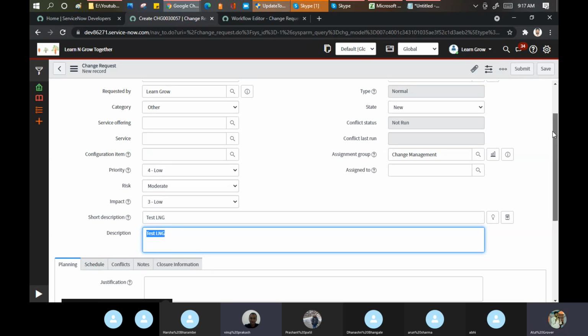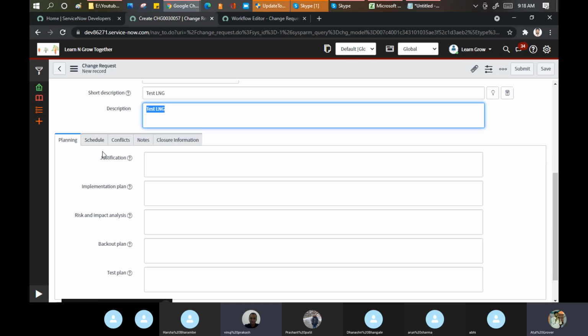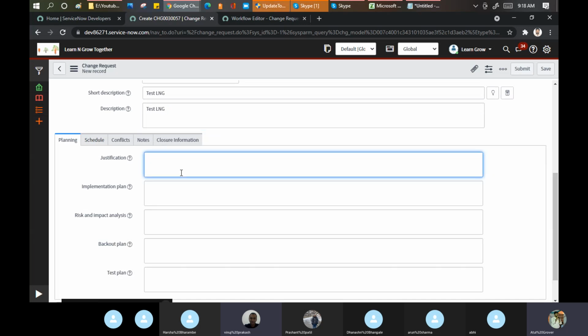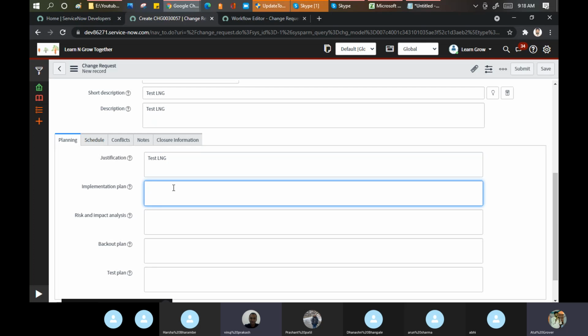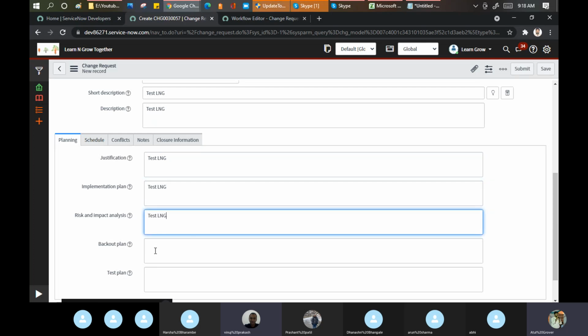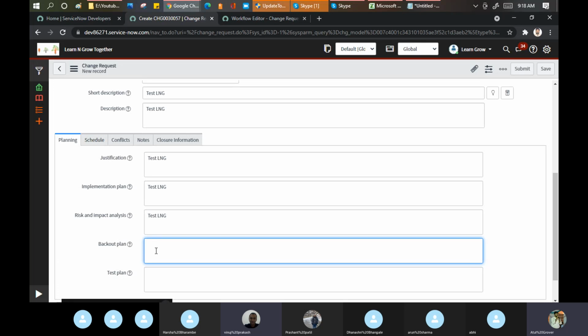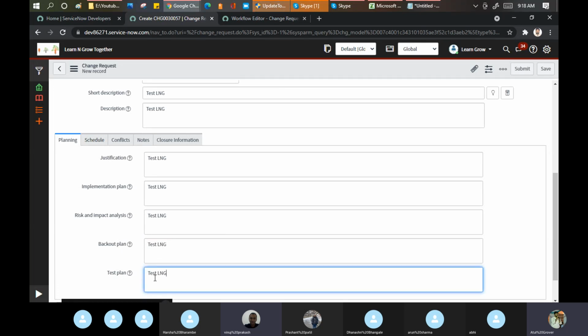You remember the bike example: these things Tanvi needs to define to tell her parents why she needs a bike fix, how it will be taken care of by the vendor, what the risk and impact are, what the backup plan is if the bike isn't fixed properly, and how she will test drive it, which is the test plan.